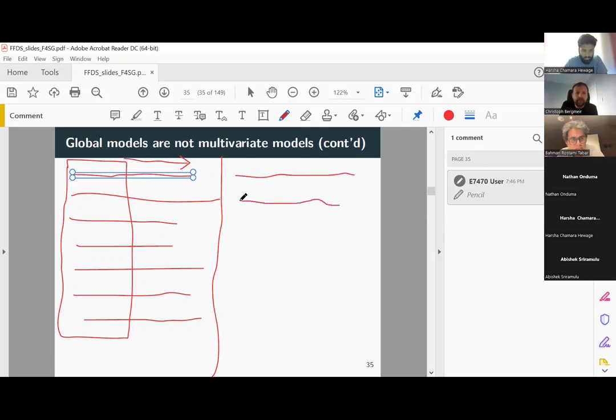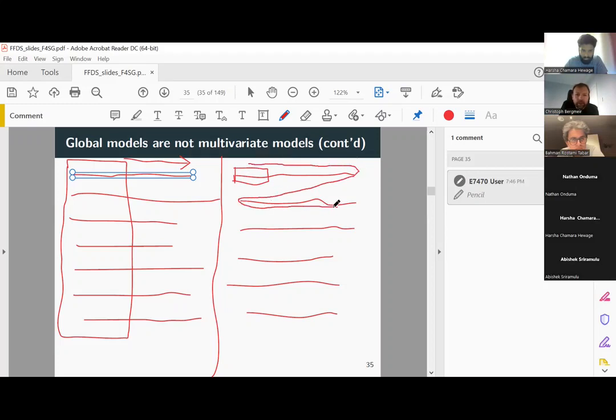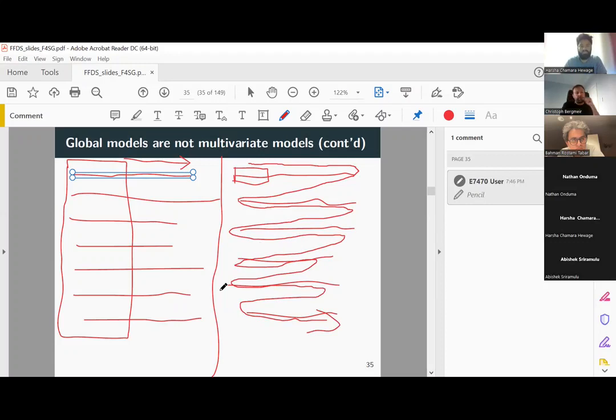If we again have all our series, in a global model, the input window during training is still just on this one time series, and then sequentially you go to the next time series, and you basically go through your data like this. And then if you do forecasting, your input window is just from one series. You just go through that series that you forecast right now. So that's the difference between global and multivariate models.